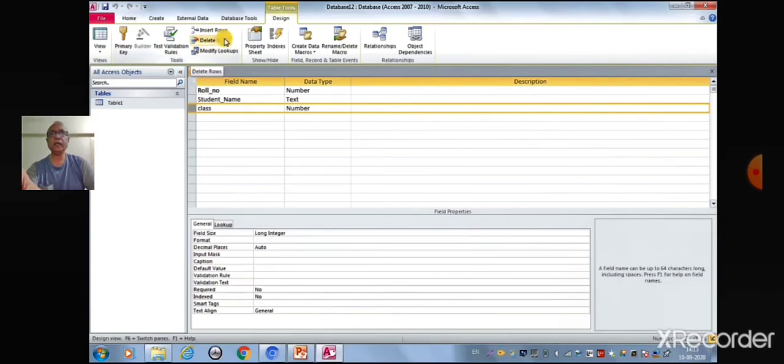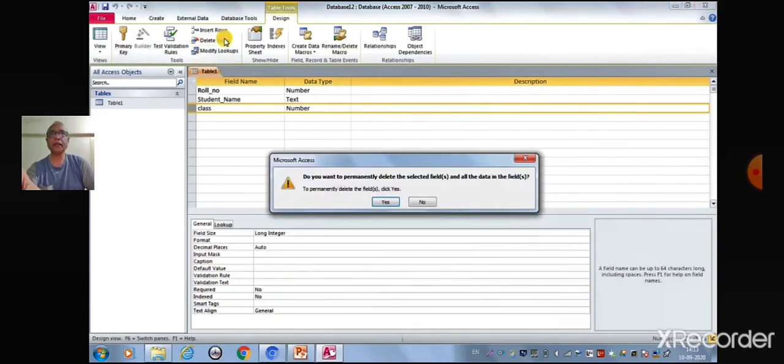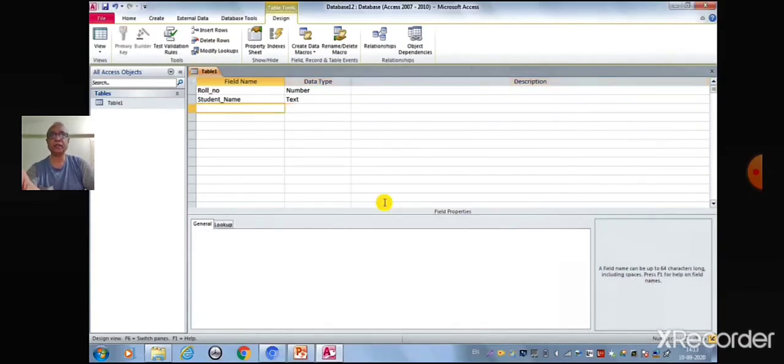Click on the Delete Rows button in the Tools group on the Design tab. Access prompts a message: Do you want to permanently delete the selected fields? Click on S button to confirm the deletion. The selected row will be deleted.